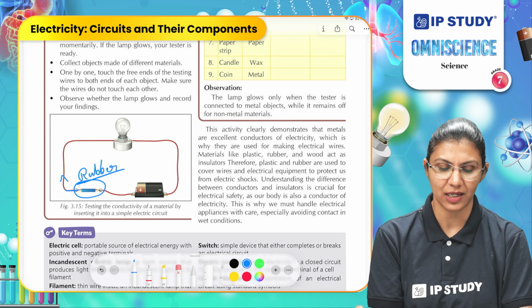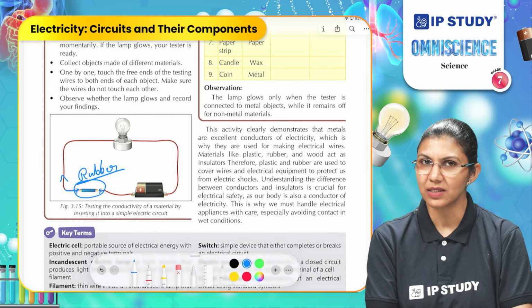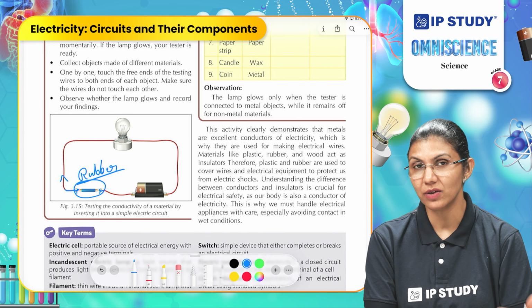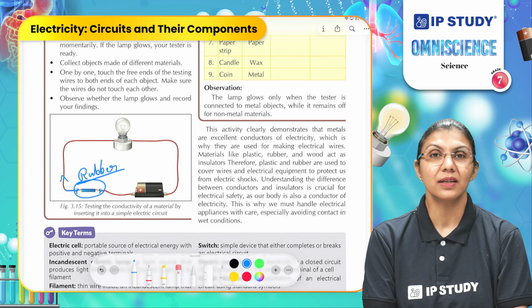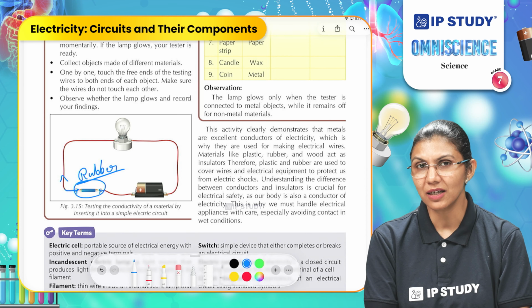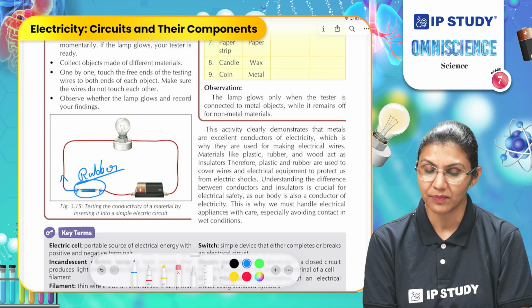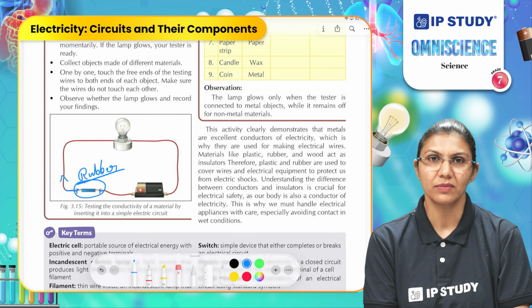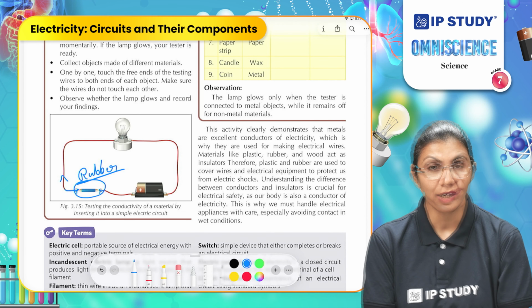What if a piece of rubber is used here instead of a pencil? Like you can use your eraser and place it between these two terminals of the circuit. So, it will not allow the current to flow because it is not completing the circuit. What is the reason here? That the rubber is an insulator material, that's why it doesn't complete the circuit and we cannot see the bulb emitting the light. What if a cotton roll is connected here? It will also not conduct the electricity, so the bulb will not emit the light.